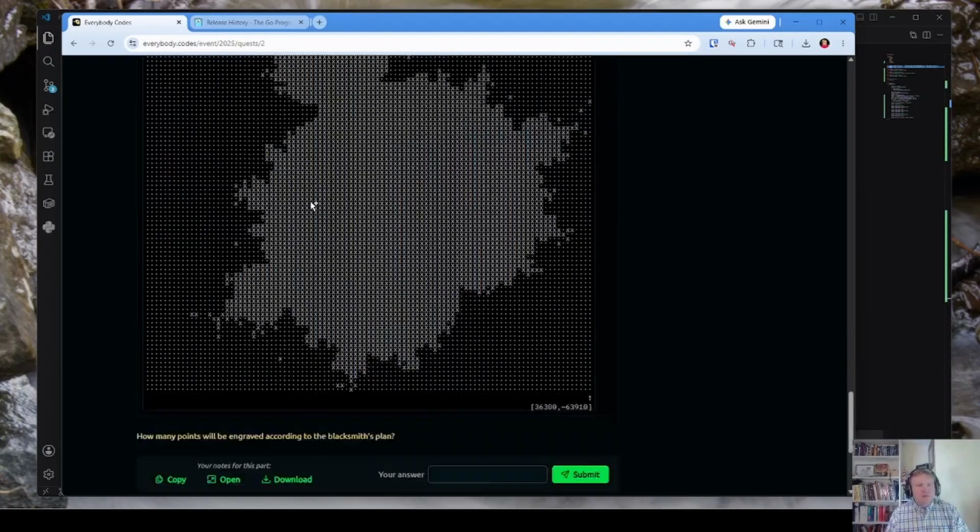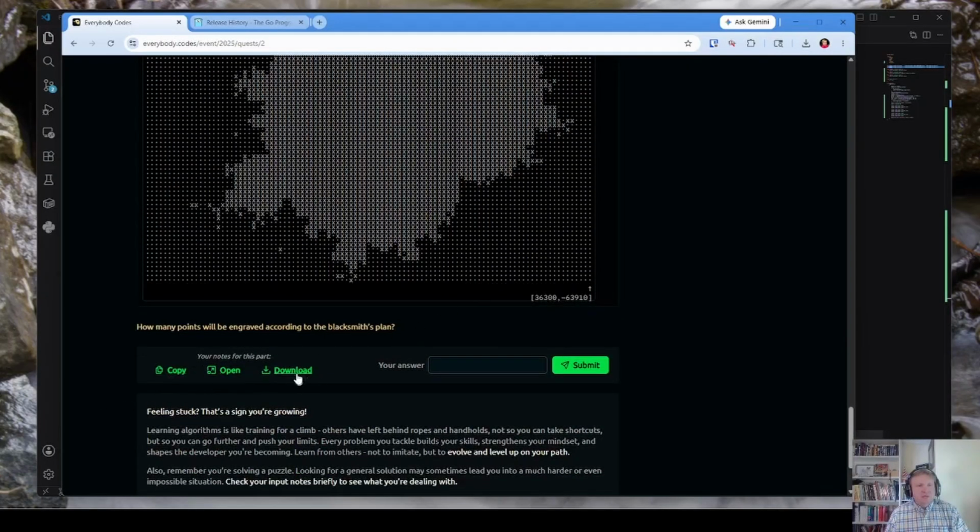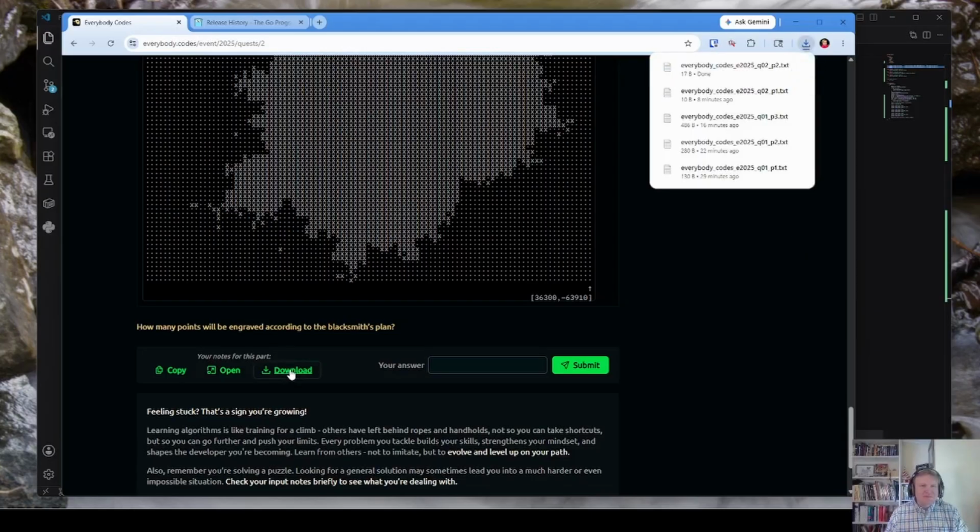Okay. Got it. Sure. Oh, right. Yes, of course it would be Mandelbrot set. I should have recognized it as a Mandelbrot set.